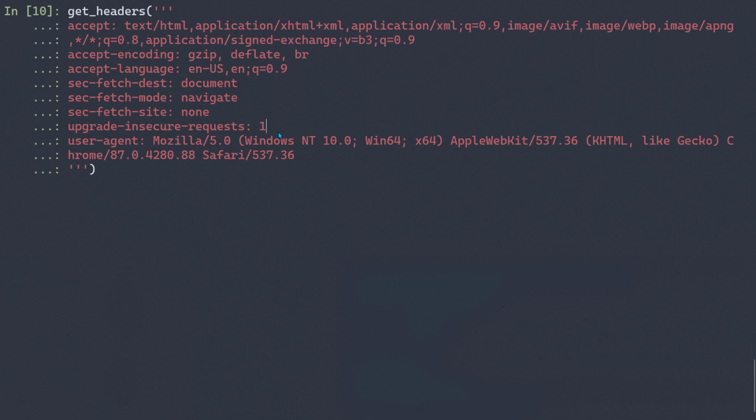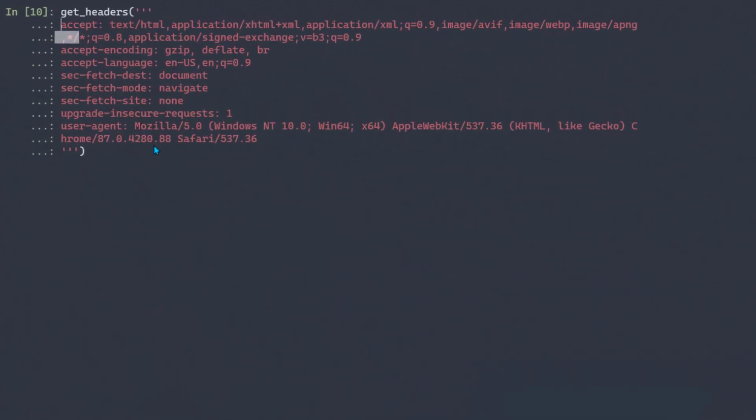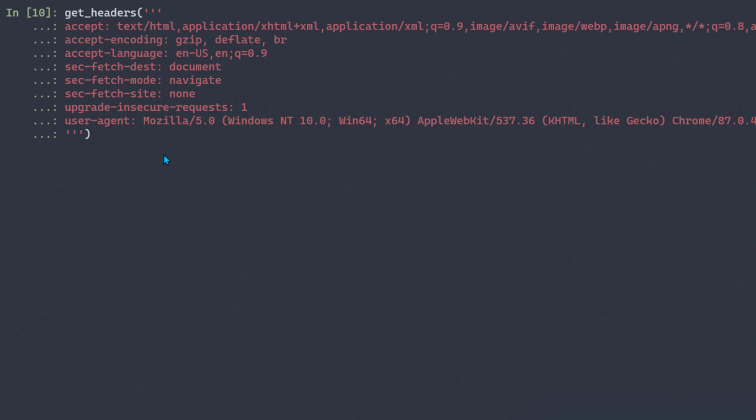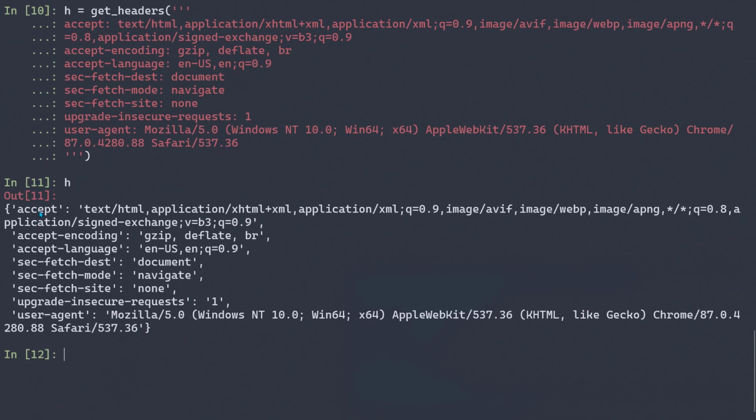There is only one thing you need to take care of: it splits all the lines based on newline characters. So here we can see that we have one unnecessary new line. Now everything looks okay, and let's store it in a variable and check the value of this.